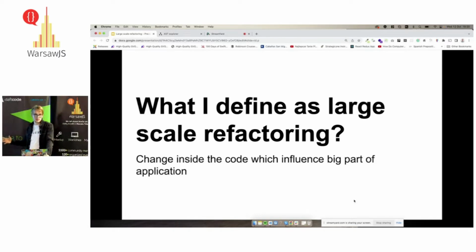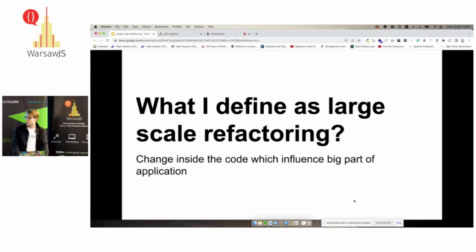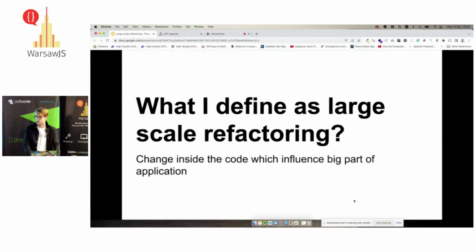In Fresher, we have a lot of teams with different ownership, and sometimes to go forward we need to bump some dependencies and make changes which totally influence code that we don't have any information about how it works. It's the same when you are using, I don't know, Webpack, and Webpack is bumped to a new version. You need to update other applications and switch to the new solution. So for me, large-scale refactoring is touching areas which we totally don't know, and it's a global